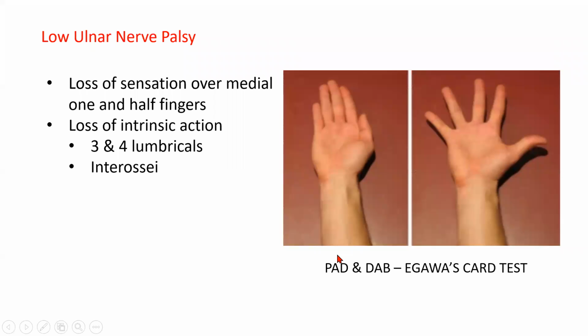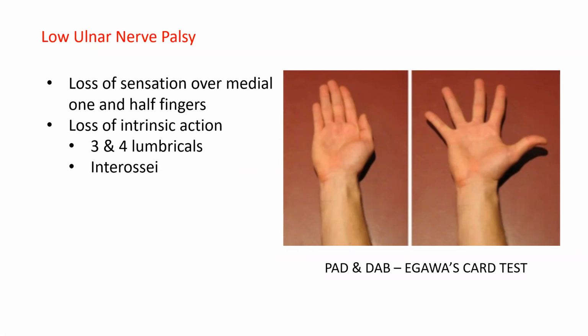Okay. Like I said earlier, for the abductors, you check the individual muscles: the index finger abduction, ring finger abduction. For the middle finger, you just raise it from the hand. Otherwise, if I try to show this, are you able to see now? Okay, index finger abduction, ring finger abduction. For the middle finger, this is one abduction, this is another abduction. Clear? And for the little finger, this is by abductor digiti minimi.